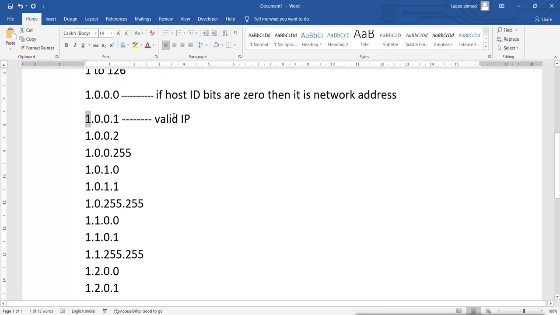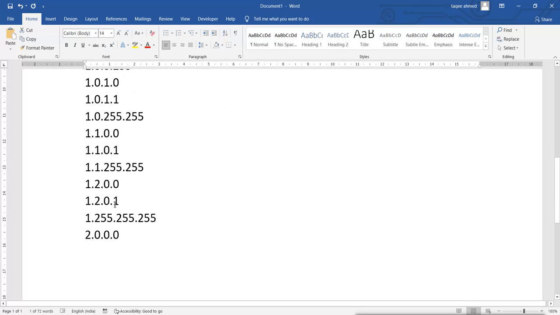That means if any machine has this IP, or any IP in between these numbers, these IP addresses can communicate to each other because their network part is the same. Now you see after this IP, the network part is changed. That means from here the next network will start, and the first network, network 1, will end here,